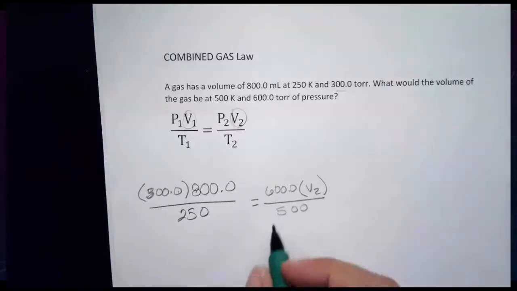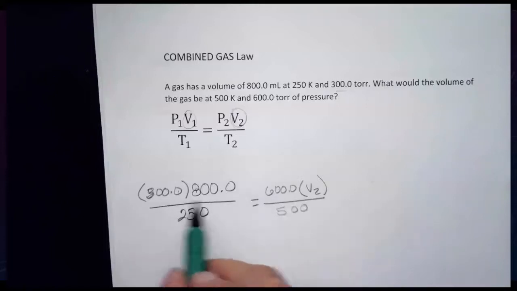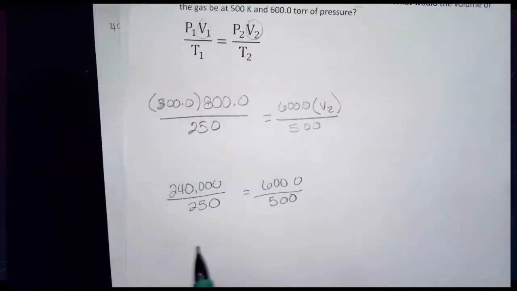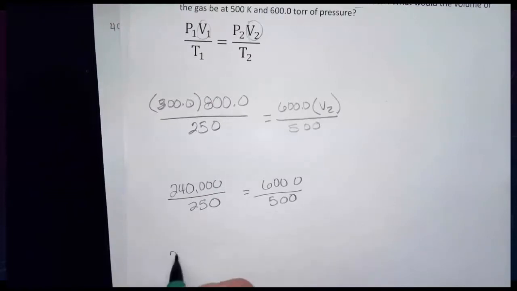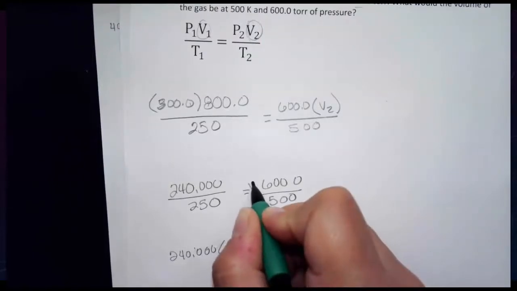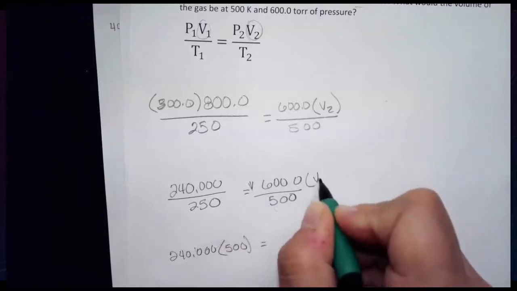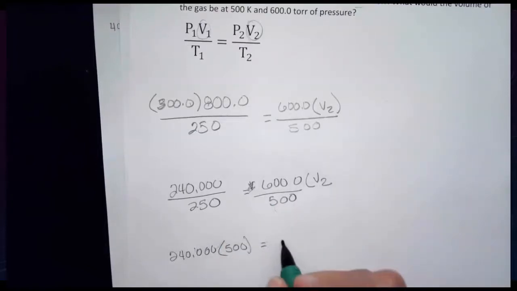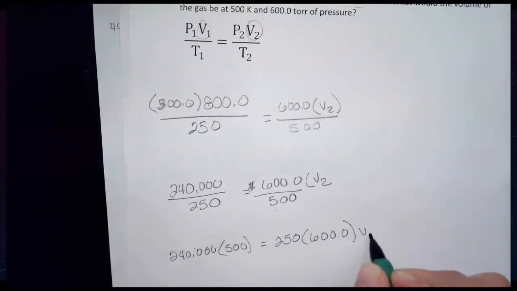So again, you're going to want to end up cross multiplying. I would do the math for these ones first just to make it a little bit more manageable. So 300 times 800 is going to give me 240,000. Here we go. Let's cross multiply. So 240,000 times 500 equals, oops, this should be volume final here, equals 250 times 600.0 torrs. So multiply these across,